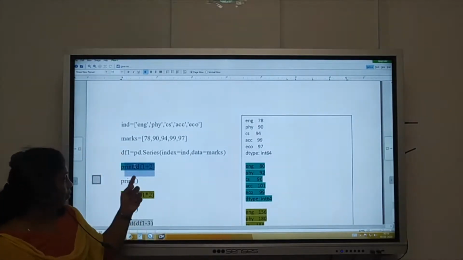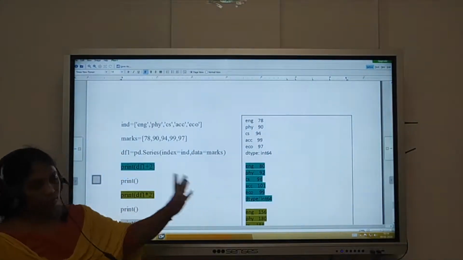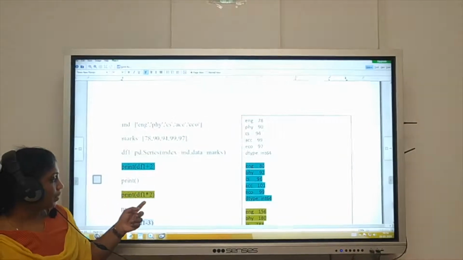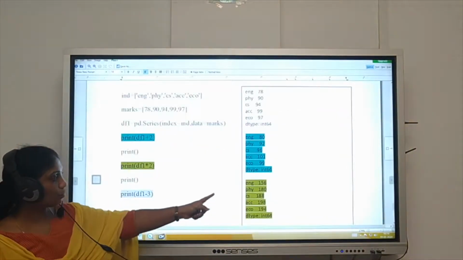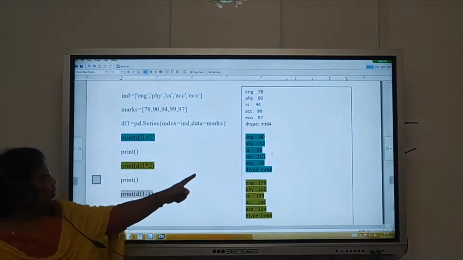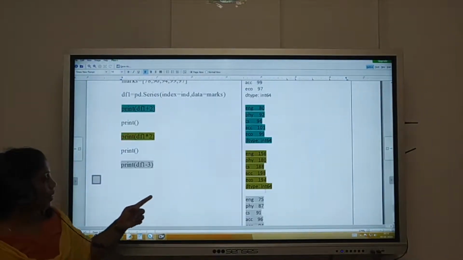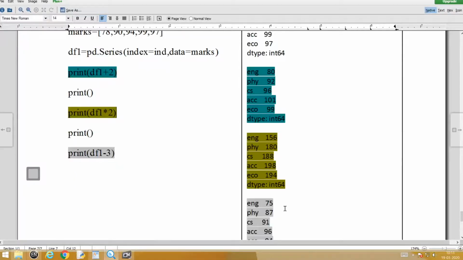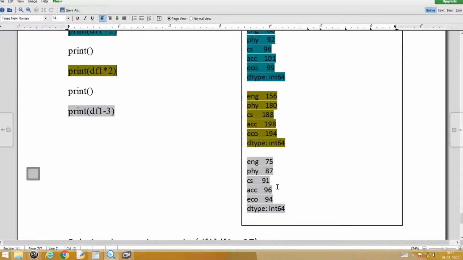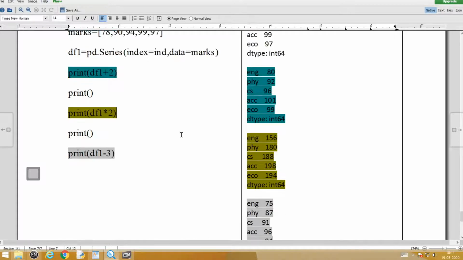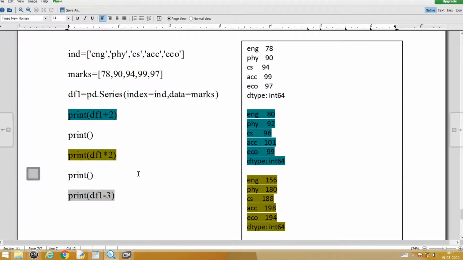You can see the answer came like that. df1 into 2: the original values are multiplied by 2. df1 minus 3: the original value 78 changed to 75, 87, 91, 96, 94. I can try df1 divided by 3 and df1 percent 3 also. As you know, df1 divided by 3 will give you the quotient, and df1 percent 3 will give you the remainder.